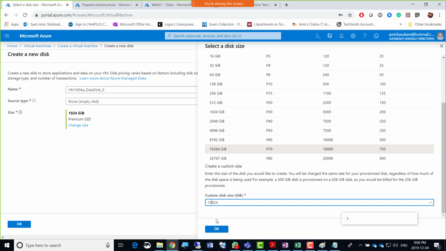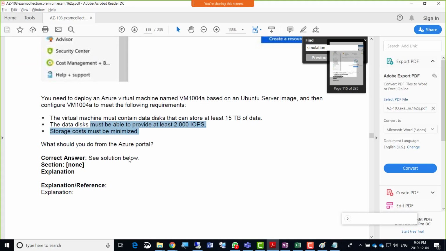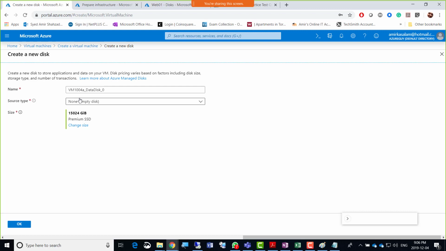I'm gonna press OK here. So now it's 15 terabyte. First of all, it is source type is empty disk, and the name of the disk is this. So if I go back there, so the disk must be able to provide at least 2.0 IOPS, which means we can just check that if the speed of the disk, well, there's not much there to check.